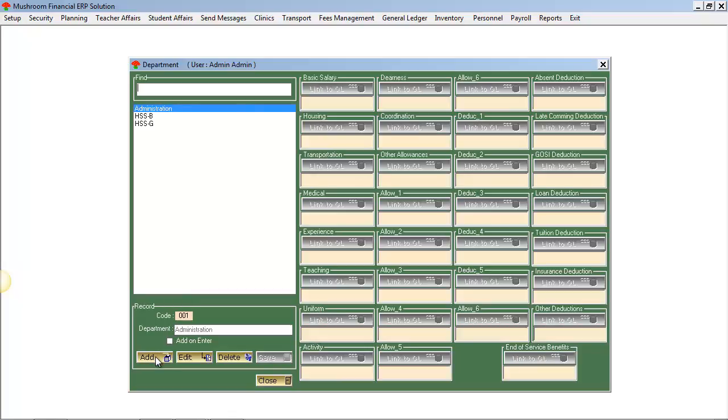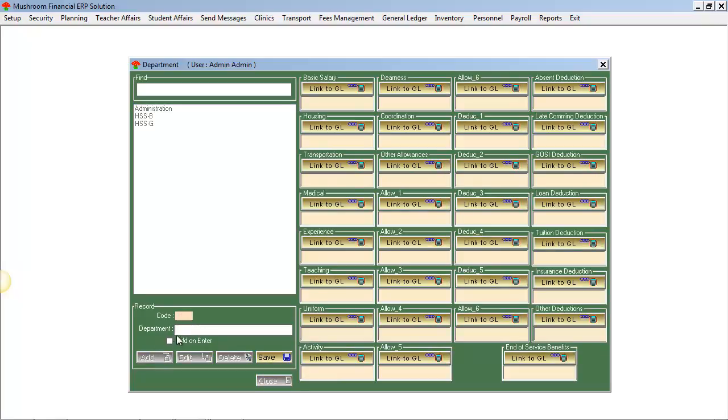Let us name the department by clicking add. You are pointed into the department. Here you may enter the name of the department. For the sake of entering some data, let's give the department the name accounts, and you may press save and then click edit later, or from this one you may create and link it